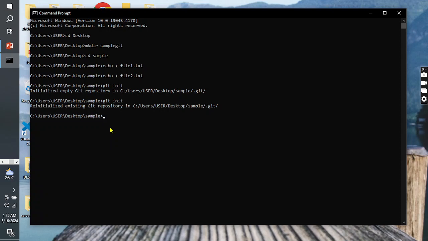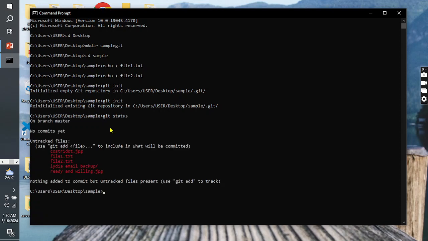So what initialization does is that it possibly installs the right background dependencies for carrying out git commands. Okay, so the next thing we can do is to use git status to check the staging area. Okay, so now the staging area is